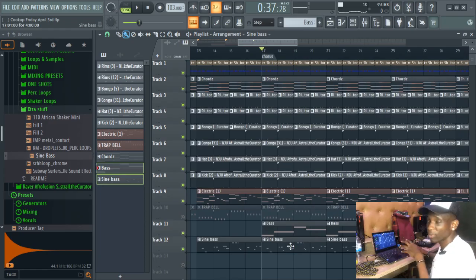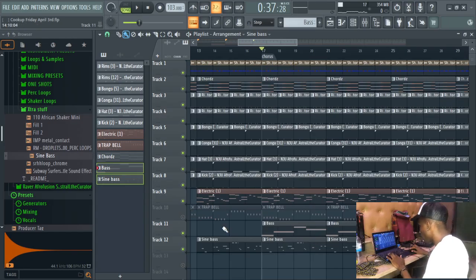I don't want to do the whole process right now, but for this sine bass and bass, you can sidechain it so that you can play them both. I want them both playing. So the purpose of this is arrangements. Maybe I'll do that, but